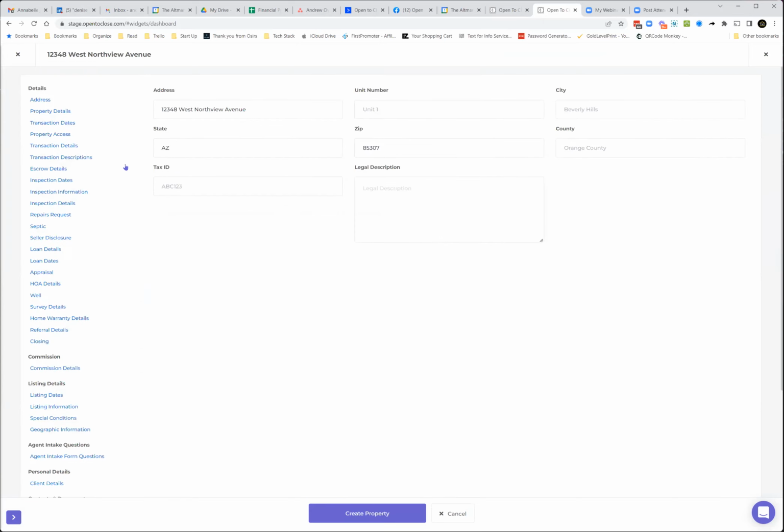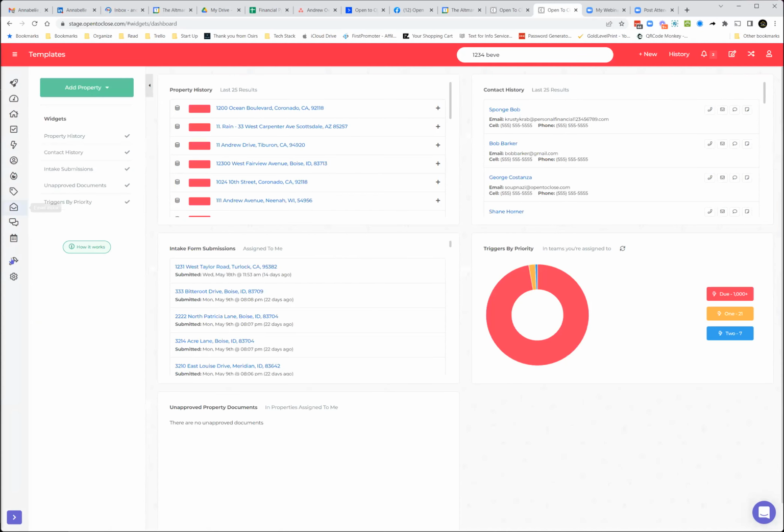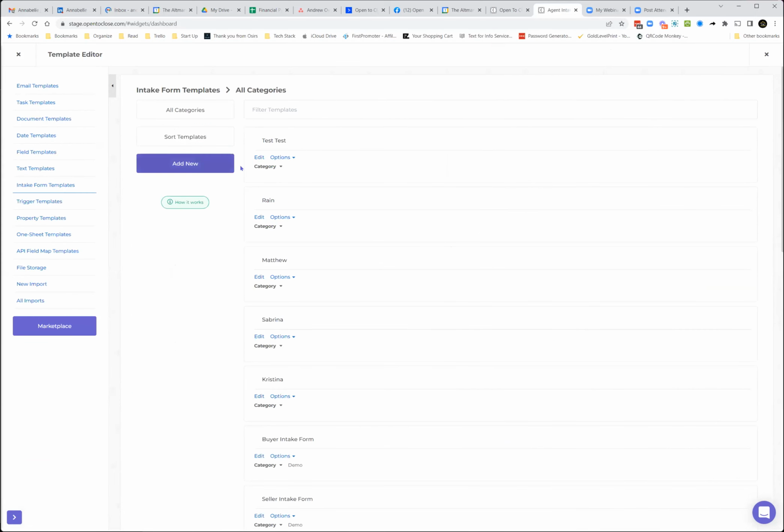I think what you're seeing is you're having to tab through all of these things to fill out the appropriate information. This is definitely not the best way to do it. This is a way that you may do it when you first get on the program because you're used to doing it manually somewhere else. But the goal is to get over to intake forms. And the reason you want to get over to intake forms is because now I can dynamically trigger things to happen. So if I come over to my intake forms and go to templates and go to intake forms,